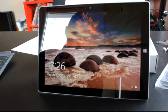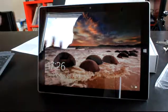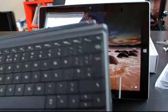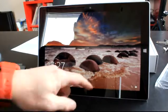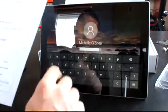They will be gone. So this is your tool if you want to project or if you want to show your PowerPoints or do whatever. So depending on what mode you have it in, I have this in tablet mode now, which means that the keyboard is detached from it. If you want to attach the keyboard, it then becomes a laptop. So whatever way you want to do it, from here it's asking Michelle for her password, and so it's,